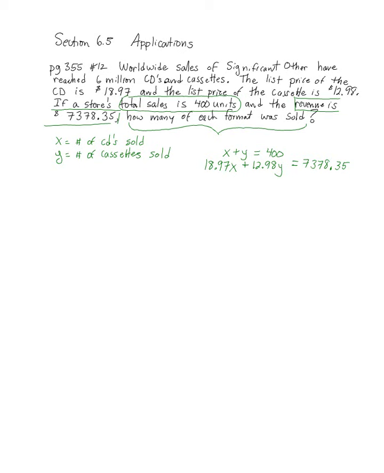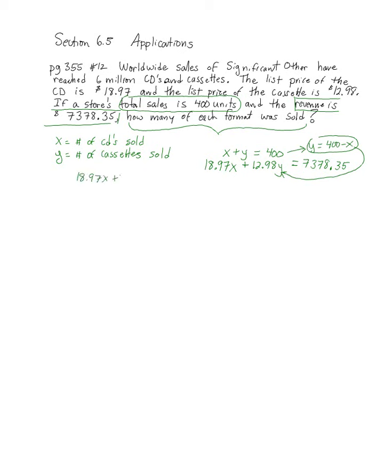And you have three choices for solving. You can solve by substitution, you can solve by elimination, or you can solve by graphing. I don't recommend graphing. This one I think substitution or elimination are equally valid, pretty much equally easy. I guess I'm going to use substitution. I'm going to take this equation here, and I'm going to write Y equals 400 minus X. Get the Y all by itself. Take that. Plug it in right there. So I end up with